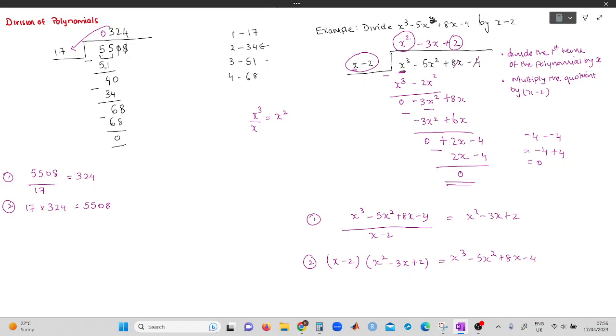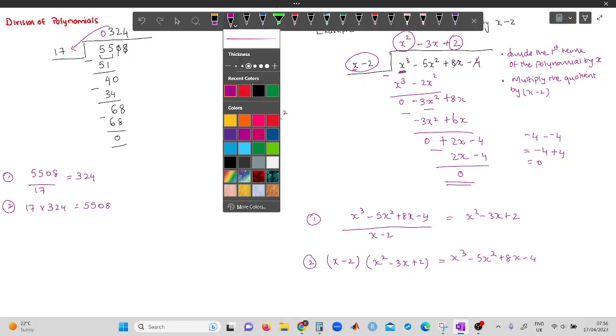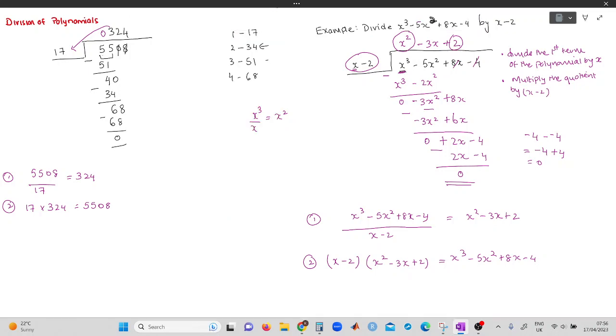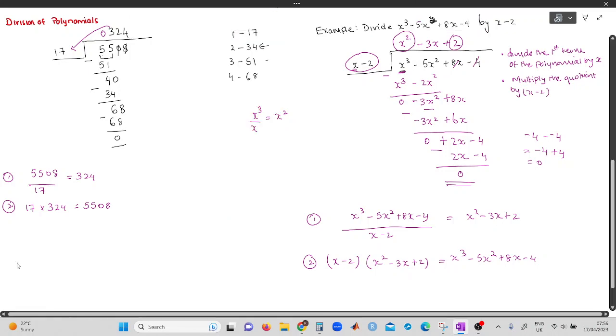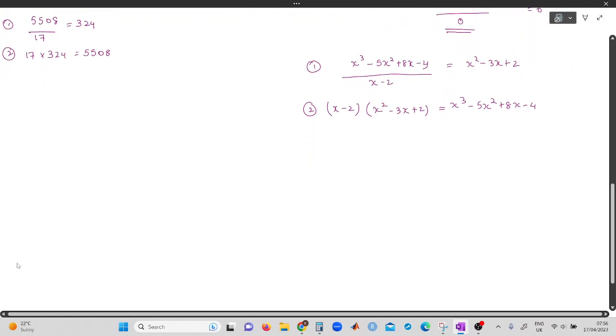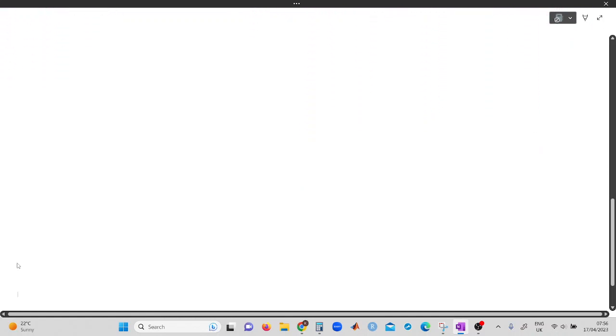Okay, so this was the first example of how to do the division of polynomials. So we will take some other examples, take the screenshot, and then we move on. Okay. Another example. So you will get questions when you will get remainder also. We have to work this out a bit. So next example,